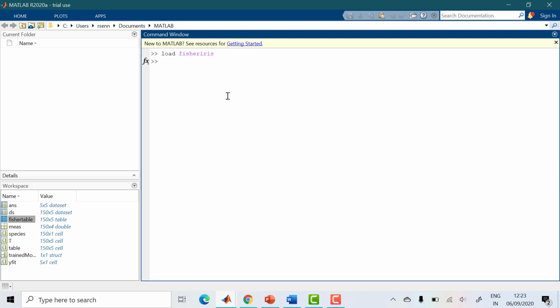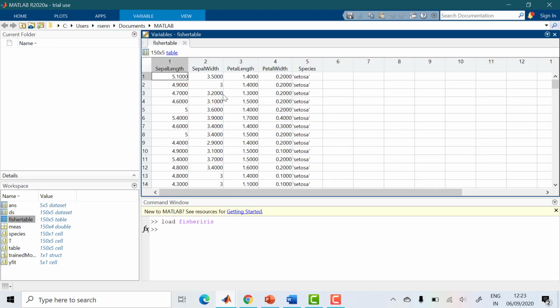So now once you load this, you can see the Fisher Iris table in the workspace on the left-hand side, can you see? Once you load that, the Fisher Iris table will come in your workspace on the left side. When you double click this, you can see what is actually in the table. Now you can see sepal length is 5.1 and sepal width is 3.5, petal length is 1.4 and petal width is 0.2, then the species is Setosa. So like this, it defines, if the length and width of sepal and the length and width of petal are these, what type of species it is. Like this, various species come across.